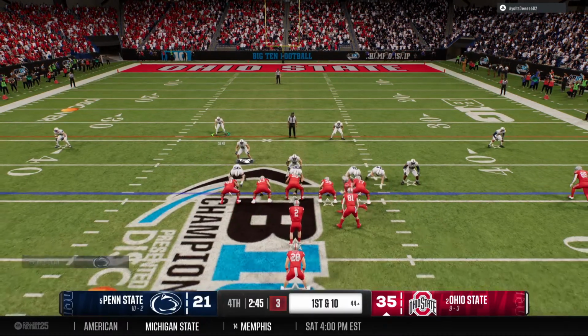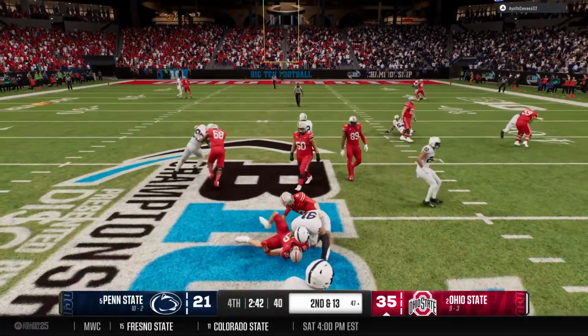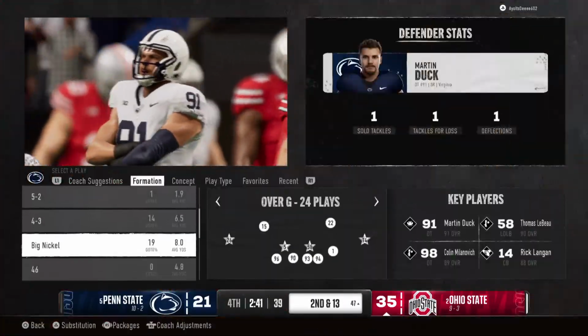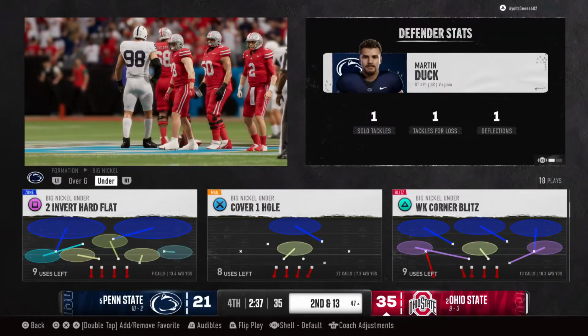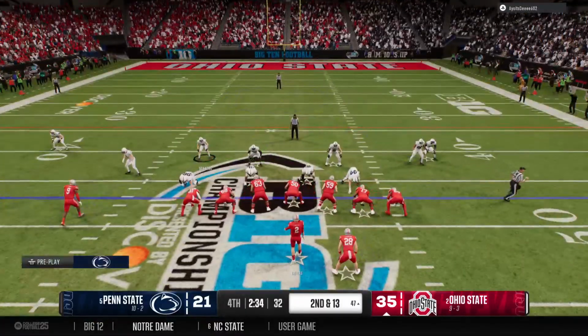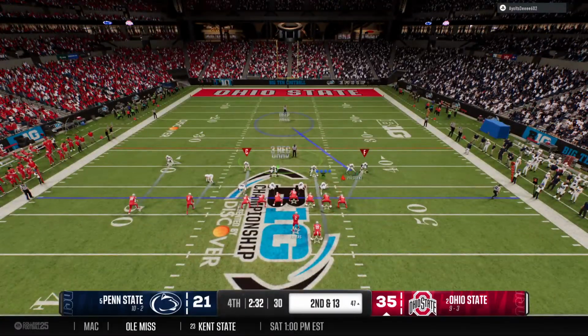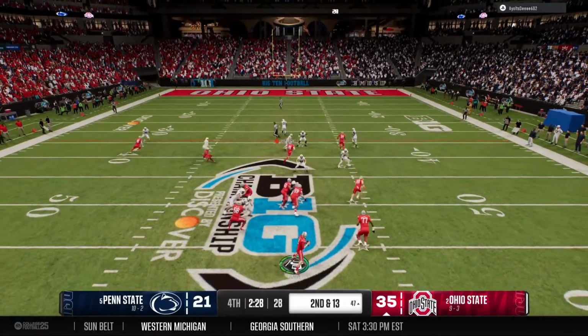Keep it on the ground to work the clock here. Goes backwards, losing 3 yards there. Chris, good job here on this stop, but remember the ball is inbounds and the clock keeps moving here late in the game and you're trailing. As a defense, you got to start thinking about utilizing those timeouts. You got all 3 to use, but at what point are you going to start putting those into play?